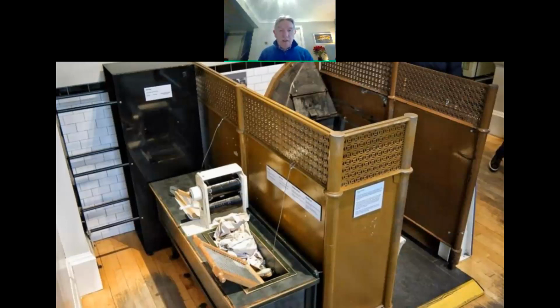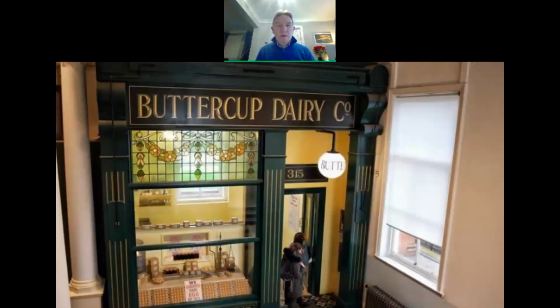And I think I can see the washing board and some tongs to lift out garments from boiling water. It was a hard existence, but it's good that the People's Palace has been able to preserve an example of that for us. Within the exhibits is also a mock shop, which has been called the Buttercup Theory, and